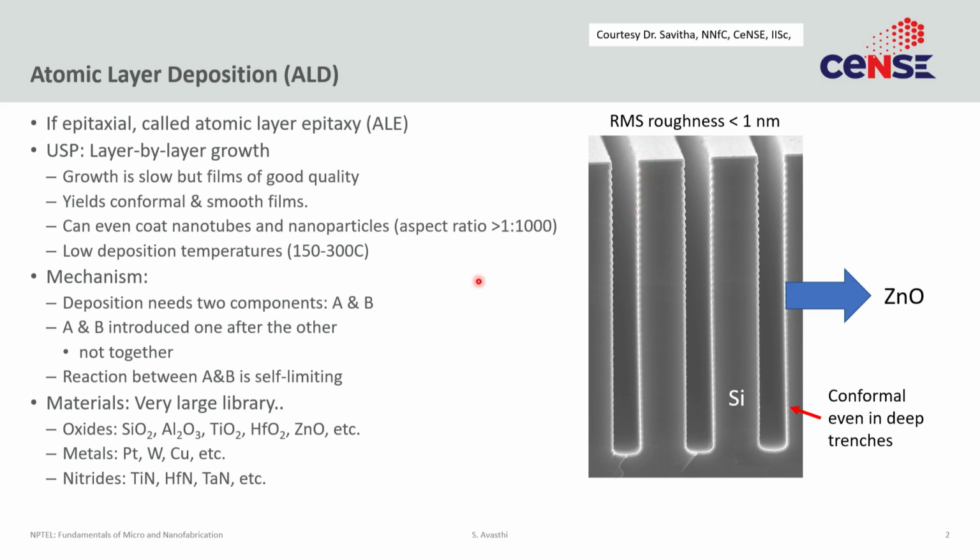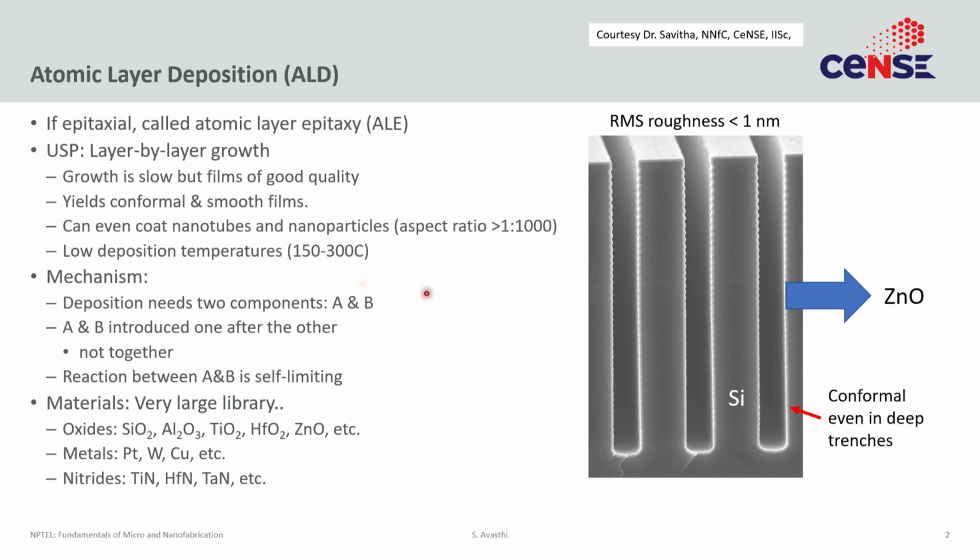Typically the deposition temperatures are low, which is one more advantage, especially if your substrates are plastic or glass or something other than a silicon wafer. If the film that you are growing is epitaxial, then this process is also called atomic layer epitaxy. In fact, when it was first introduced, it was called atomic layer epitaxy, but later it did not become as popular as atomic layer deposition, because there was a bigger need for depositing amorphous or polycrystalline films of high quality. So that is what ALD is mostly used for today. You can use it for epitaxy, but that is rare.